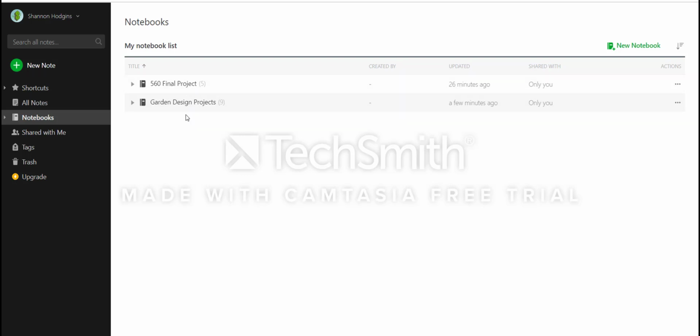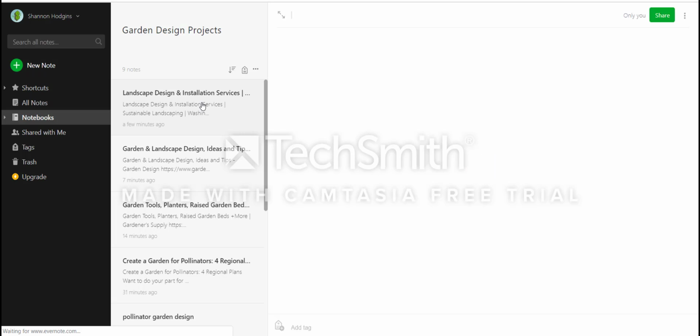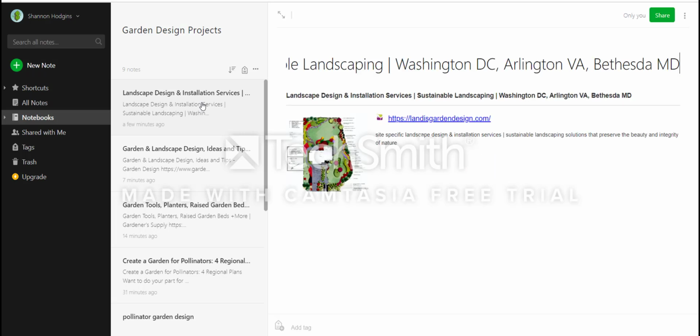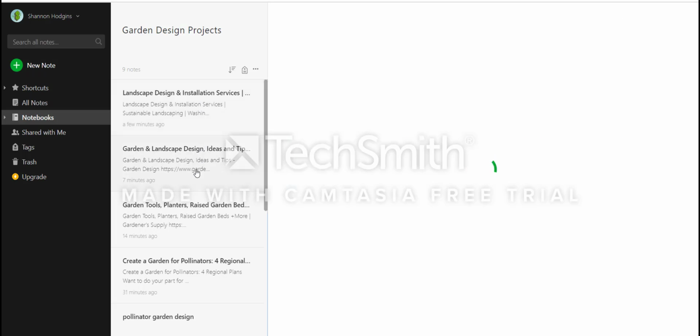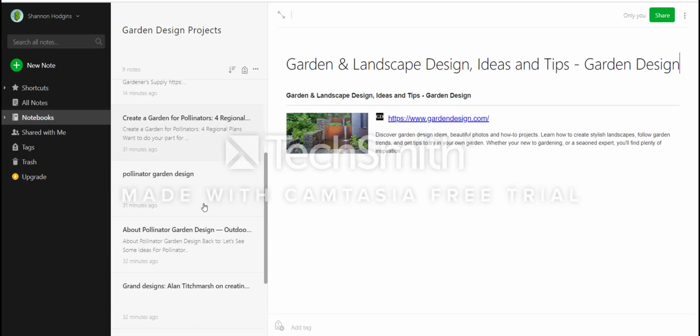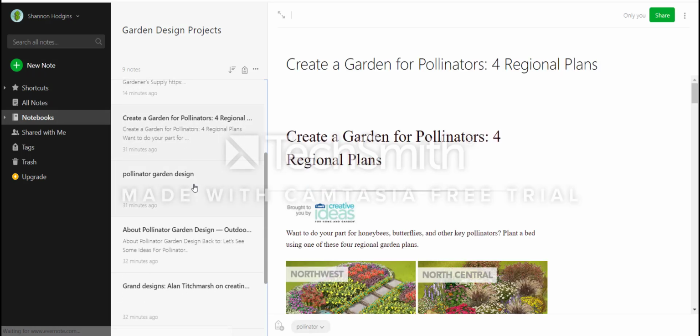These are my notebooks that I've created using Evernote. I'm going to start with Garden Design Projects, which has 9 notes. As you can see, I have added a number of different websites, articles, I've bookmarked some pages, I've also added